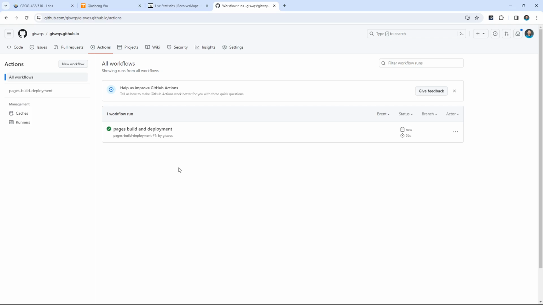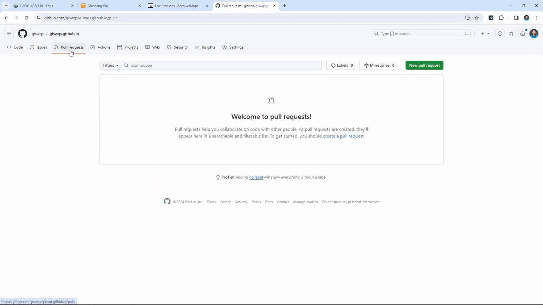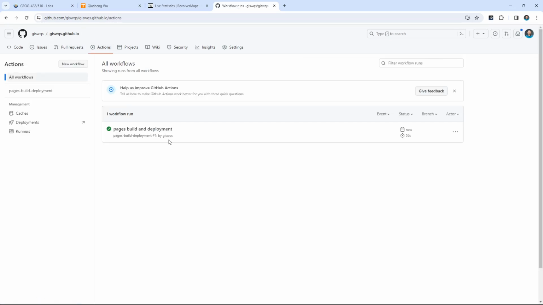Interesting. It should be automated. Yeah, just a simple one, and then click, and then just commit changes. See if it works. Probably they changed something, so it used to be automated. By default, you should not need to do anything. You just need an empty markdown file. And so again, after you click commit changes